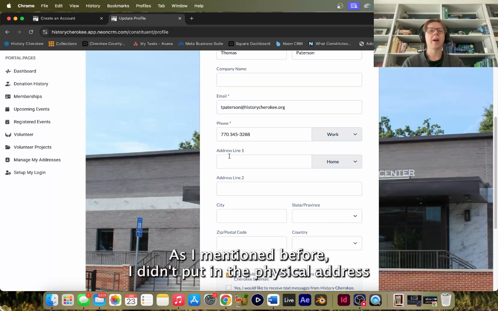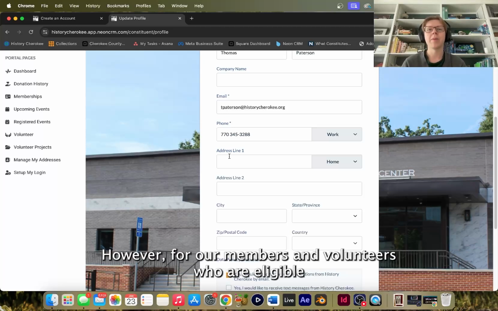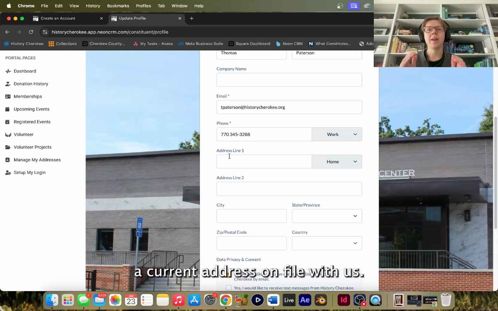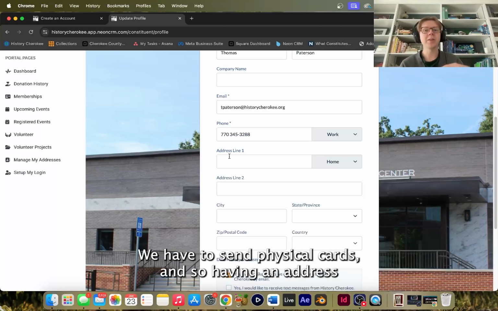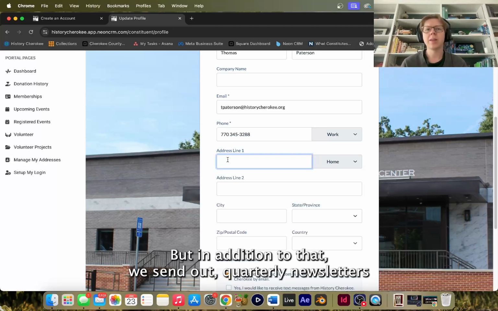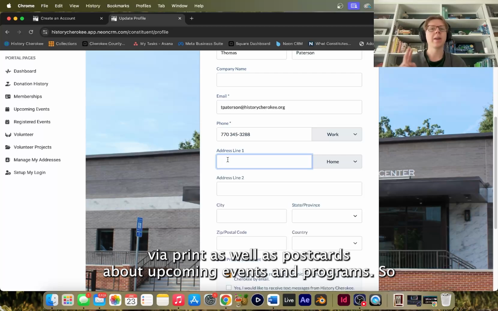As I mentioned before, I didn't put in the physical address when I created a login. However, for our members and volunteers who are eligible for complimentary membership, it is super important that you have a current address on file with us. For any memberships, we have to send physical cards, and so having an address will just make sure that you get that card. But in addition to that, we send out quarterly newsletters via print, as well as postcards about